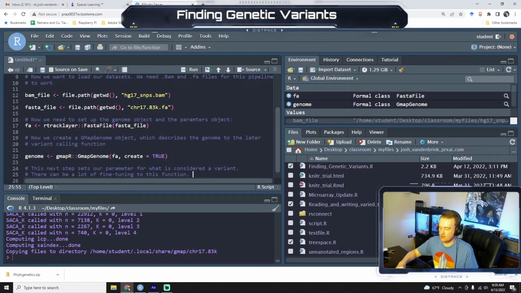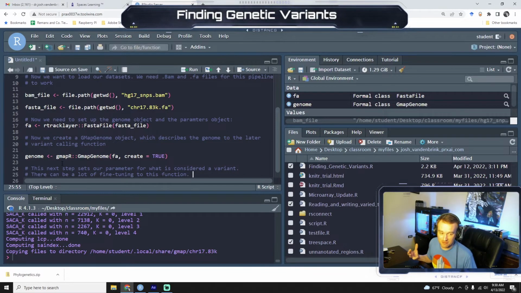And so there's not a hard and fast set of rules or default features or settings, I guess are the best word, that will get you your proper number of variants for every organism, for every sequence, etc. So this is something that if you do this in the future, you might have to look into the literature a little bit to see what other people have done, or you can play around to see